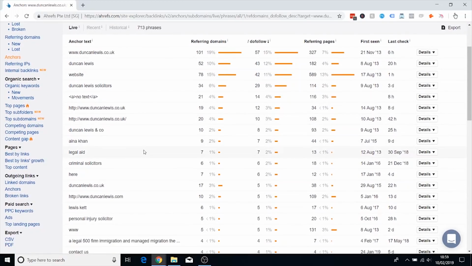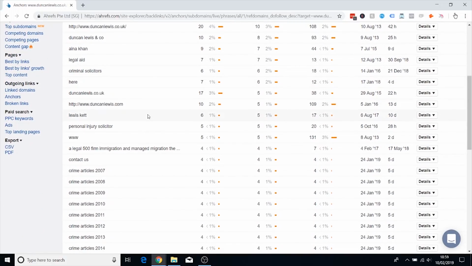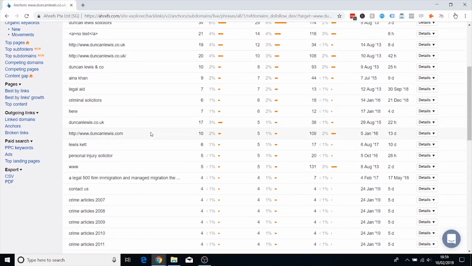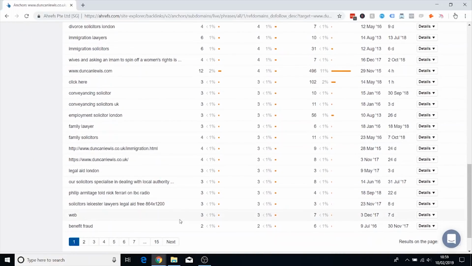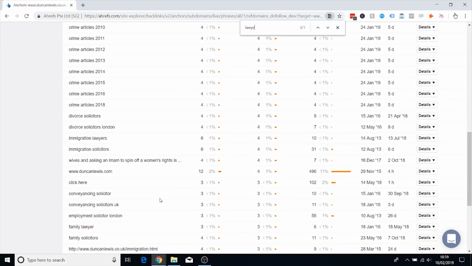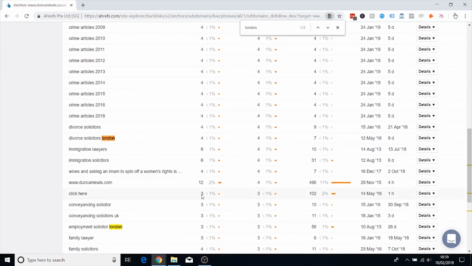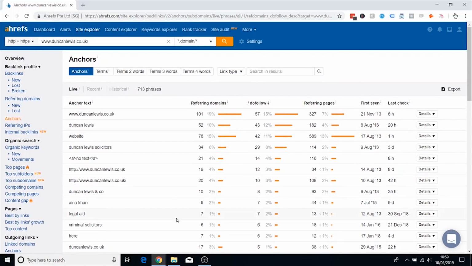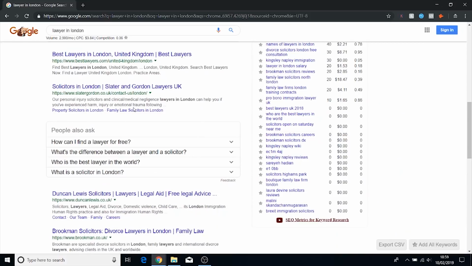And then obviously you've got more specific anchor text here. There's a lot of branded stuff here. They're not super optimized for lawyer in London. If we take a look at the first page, they don't really have lawyer in London at all. They do have solicitors in London, divorce solicitors in London, but they're not really that well optimized for it. If we take a look at their actual